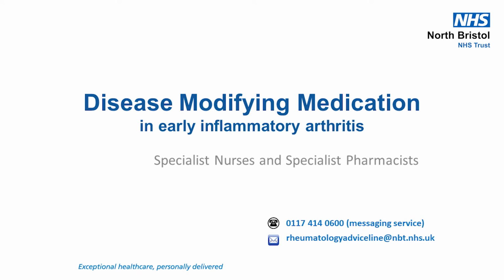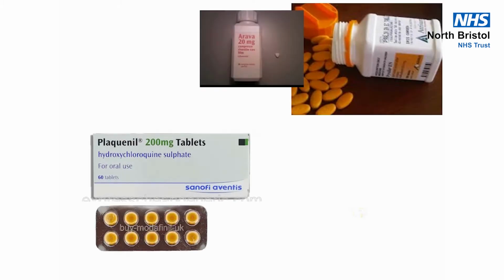My name is Emily and I am the Consultant Pharmacist in the rheumatology team here at the North Bristol NHS Trust. I'm going to talk to you about some of the medication used and principles of management in early inflammatory arthritis. You may have heard of the names of lots of different drugs used to treat arthritis, including some of